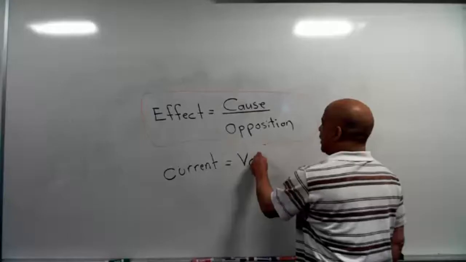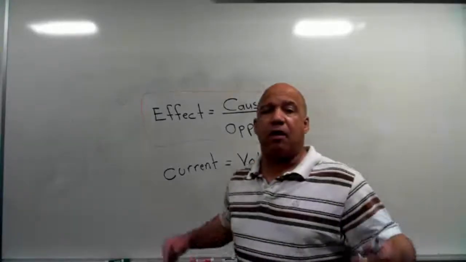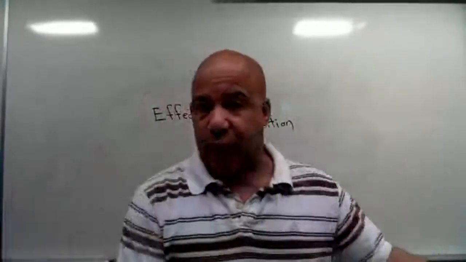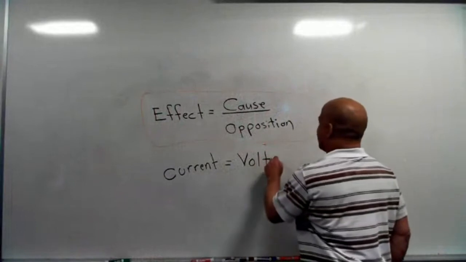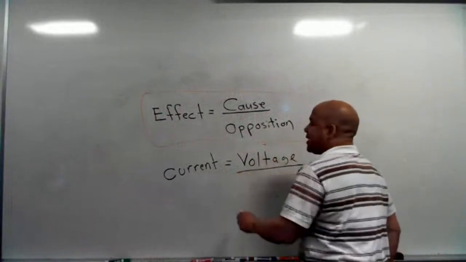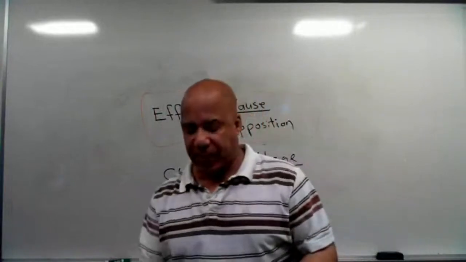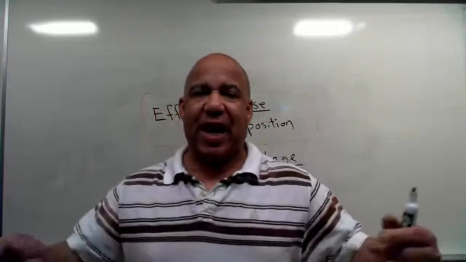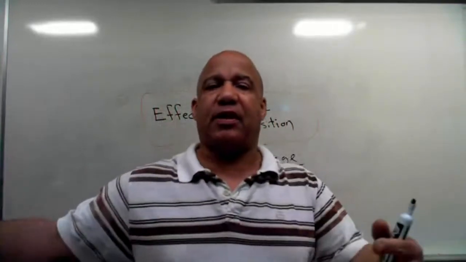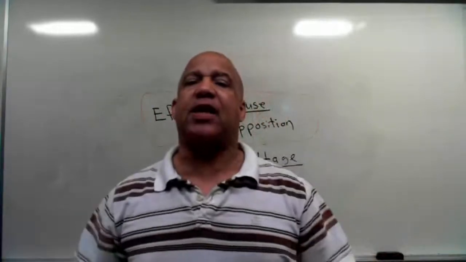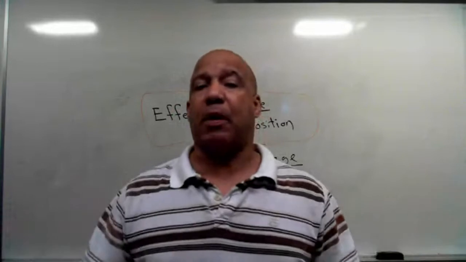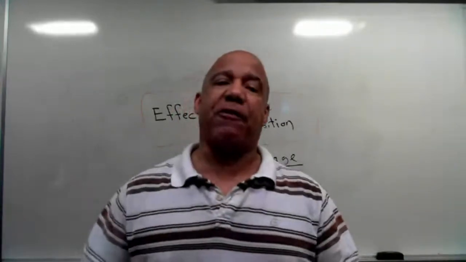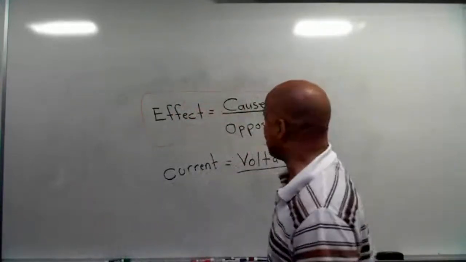Voltage. I said that at the beginning of class. It takes a voltage to make a current. Voltage is the electrical pressure to make those charges move if it's static electricity we're dealing with. So it takes voltage. And anytime I have something moving, there's always something to oppose the motion. If it's an actual object that's moving, then the thing that opposes that is friction. Friction is the force that opposes motion. When I'm talking about electrical current, it's not friction, it is the electrical equivalent of friction, which is